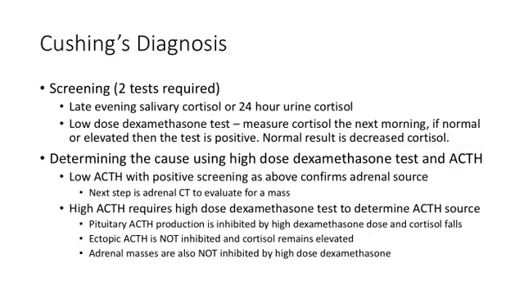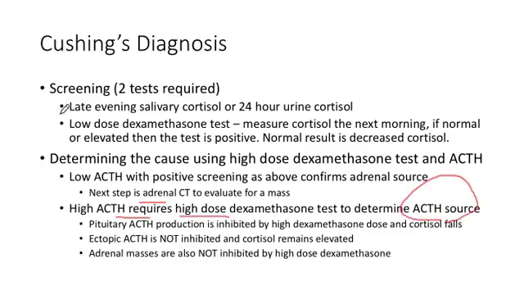And the next step after that would be to do a CT scan in order to figure out if there's an adrenal adenoma or carcinoma, and then to probably remove it. So let's say that your ACTH level comes back high, and that suggests that you have an ACTH that is causing your Cushing's syndrome. And that's when we have to do the high-dose dexamethasone test. And that helps us figure out where the source of our ACTH is.